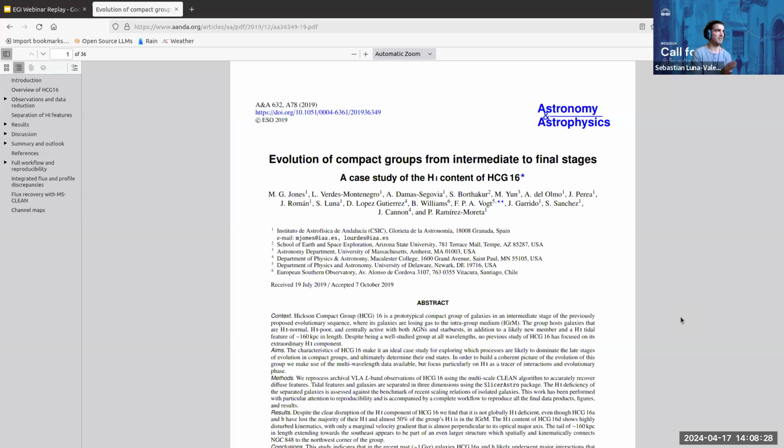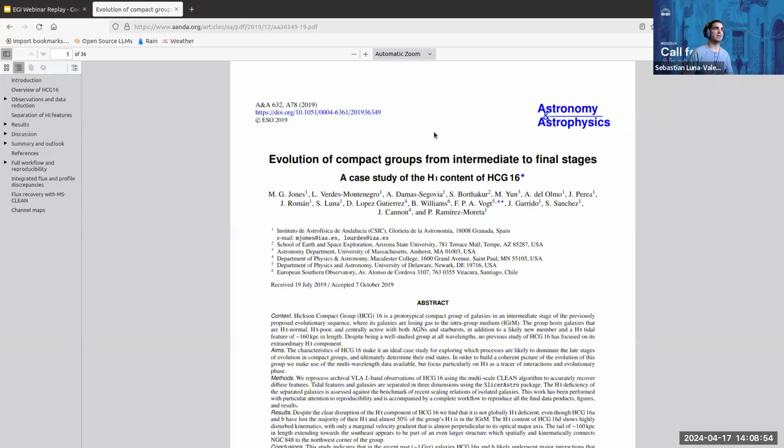But I'll give a very brief, high-level introduction to the background of the paper. The paper is studying compact groups of galaxies. In particular, Hickson 16 is a specific type of compact group. These compact groups are groups of 4 or more galaxies, where galaxies are very nearby to each other, but every group is very distant from each other.